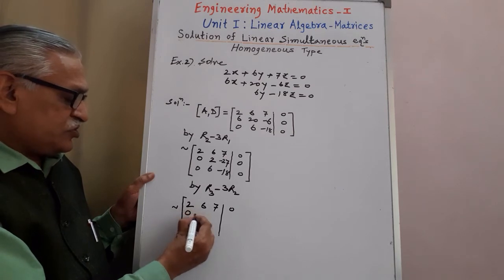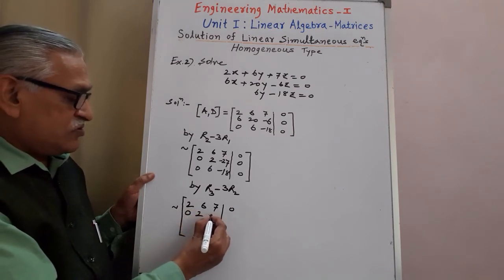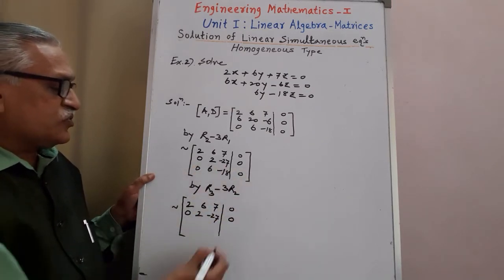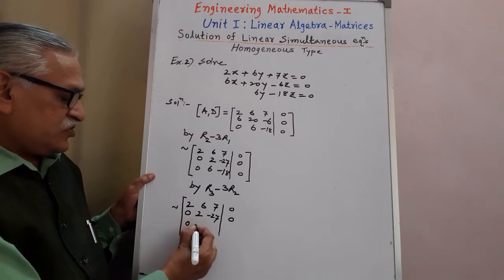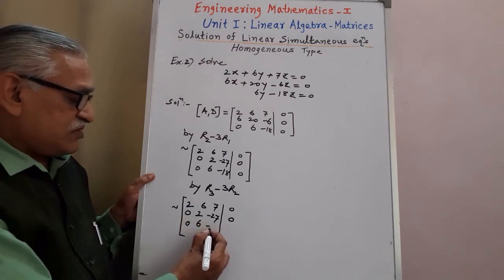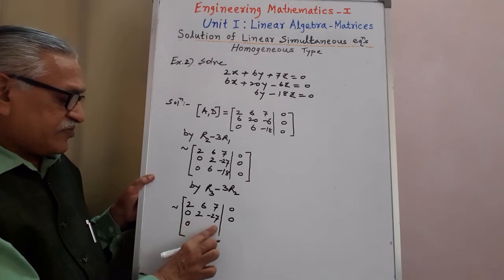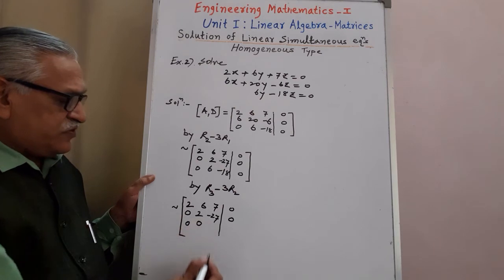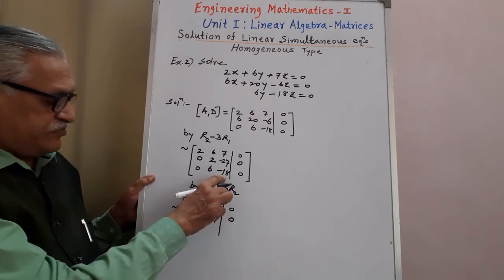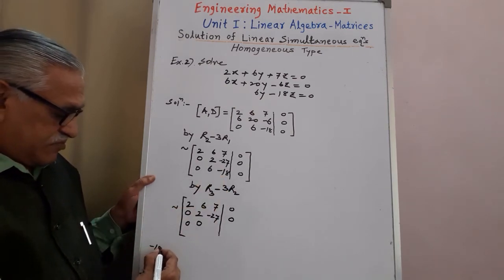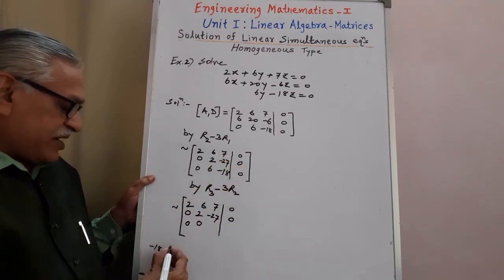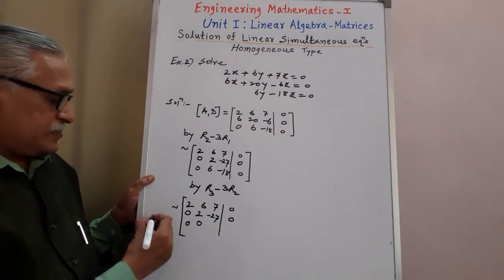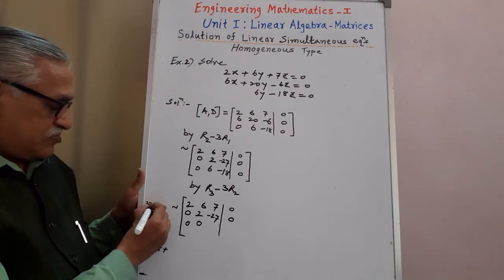The second also no change: 0, 2, minus 27, 0. Third row: 0, 6, and we have to apply that, and therefore 6 minus 3 times 2, 6 minus 6 we get 0, minus 18, minus and that minus becomes plus, 27 times 3 are